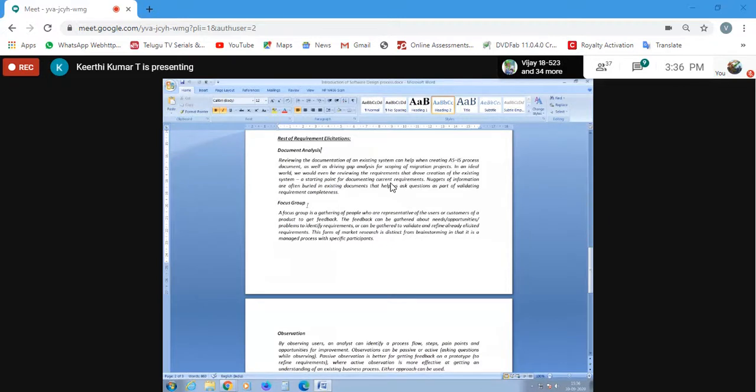Each and every point it varies, right. So when the sample size is small, it's not going to matter a lot. But if the sample size keeps on increasing, then that is when it's going to matter, right. So when you are focusing on the groups, you're only focused on the data, right. Okay. So document analysis is more focused on documents, and focus group is more focused on particular groups, and they want the quality of information at the end of the day.